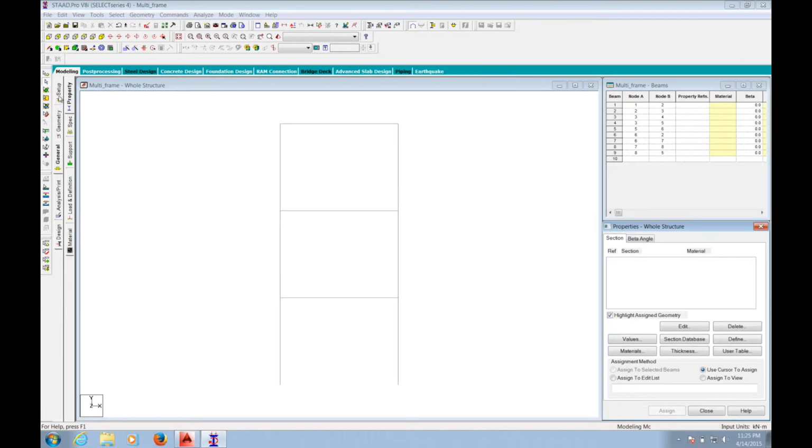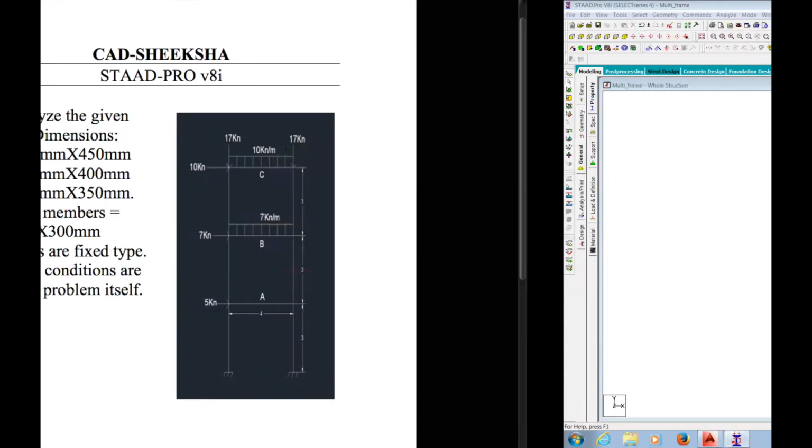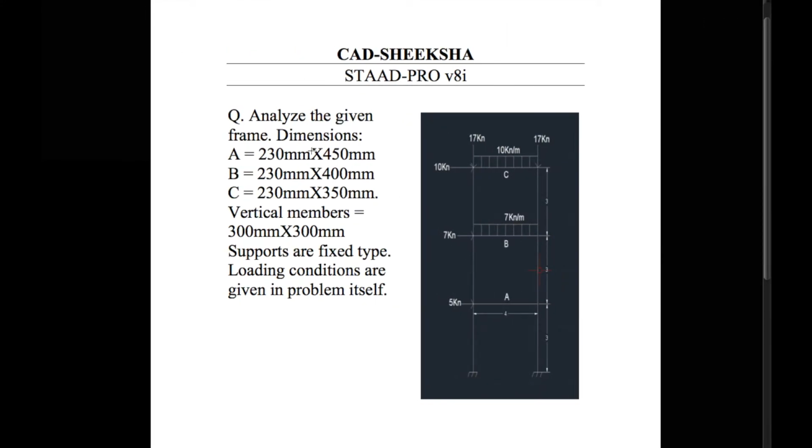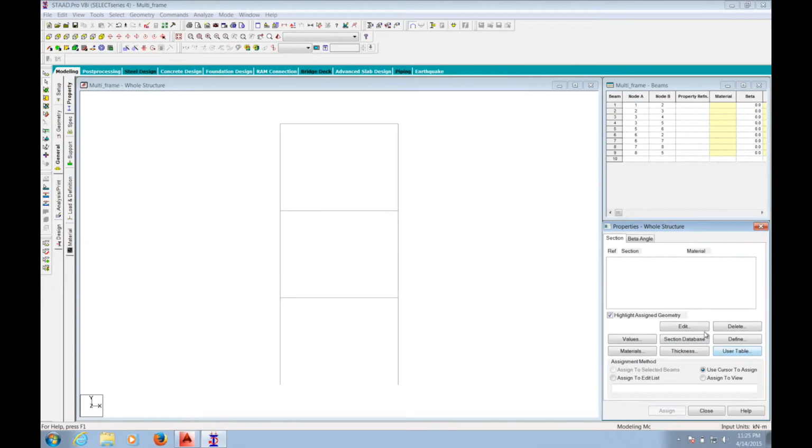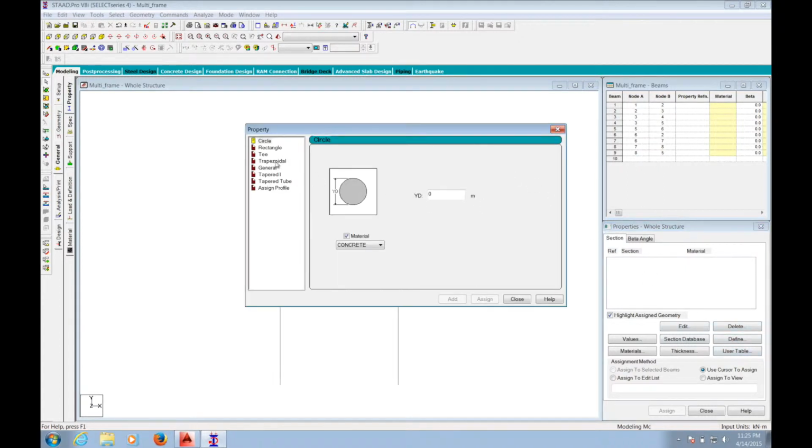Next will be property. Notice that here we will have to define 4 different properties and we will have to assign them correctly. So first we will give a 230 by 450. Define property rectangle. YD will be 0.45 as it is in meter, and ZD will be 0.23. Add.